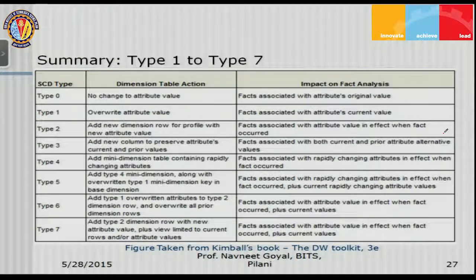It is important that you go through these type 1 to type 7 changes one more time. Type 0 is also there, but that is okay. Go through these type 1 to type 7, understand what we are doing in each, then try to understand why we are doing that and what the advantages are, and then come to the summary table, and everything will become clear. And in the textbook there are specific examples for each situation, right? So you can go through all of these, and with this I come to the end of this topic